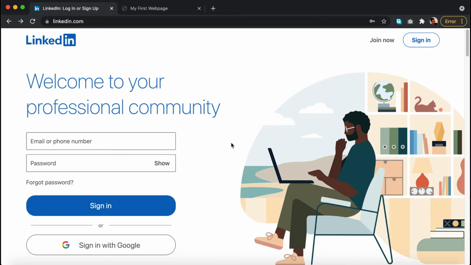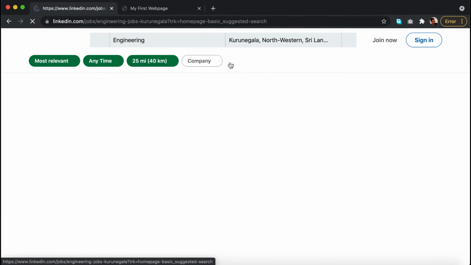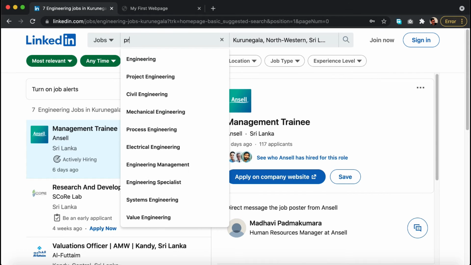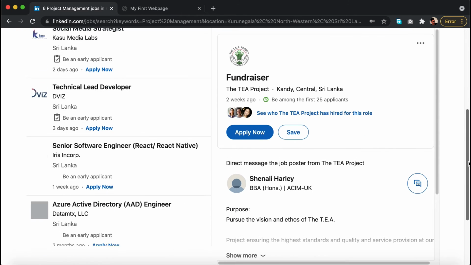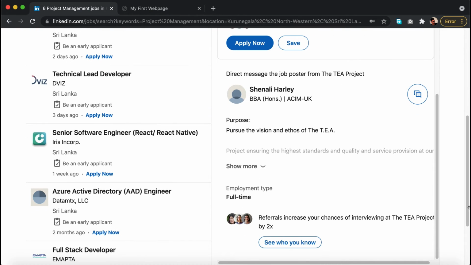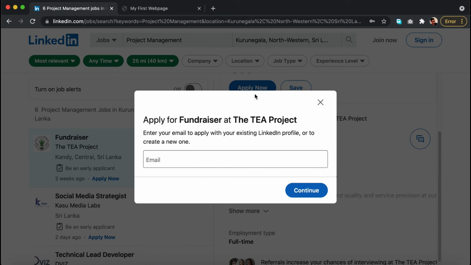Now, there's another very important aspect, the interactivity of the web page, and that means how the web page will react to certain events created by the user. So, for example, I'll go to LinkedIn jobs. If I start typing the name of the job inside this search field, then LinkedIn will suggest certain job posts which may be of interest to me based on the keywords that I type so far. And that's one way of how a web page could be more interactive and respond to user events like typing and searching. There are other events that a web page can respond to, like clicking on a button, for example,